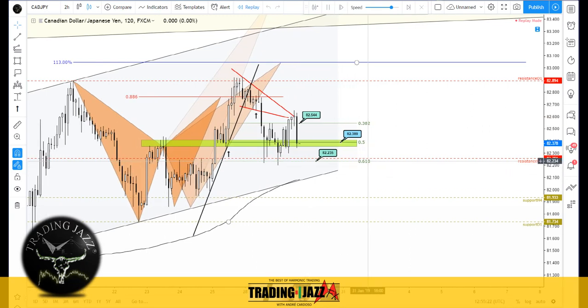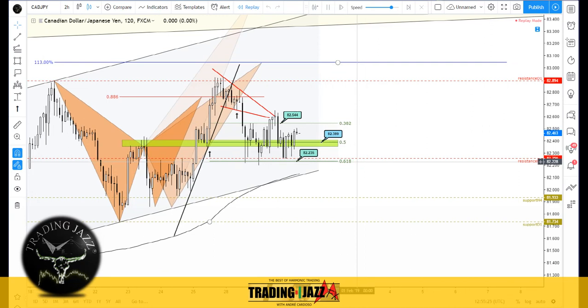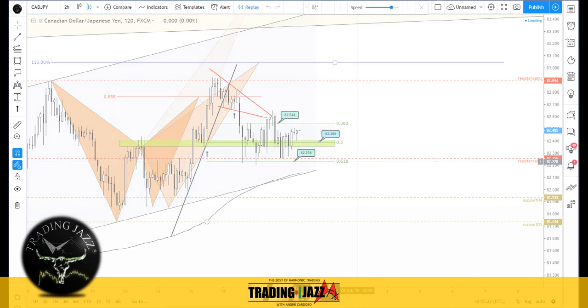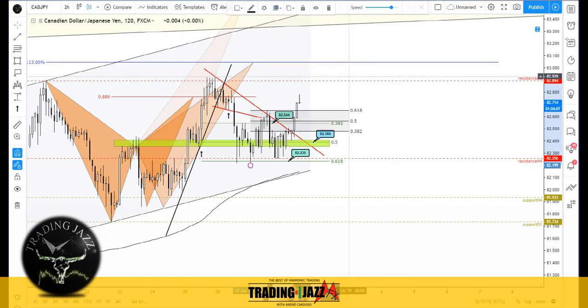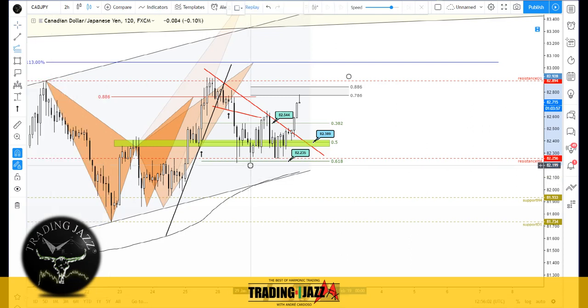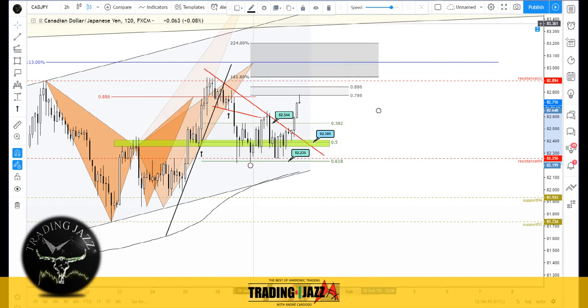Targets achieved, the second target for the pattern at golden ratio here, rejected one, two, three times, rejecting the golden ratio, and the market is now trading above this previous structure. No? At this point, because we are checking this lower time frame, this minor time frame event, let's see if we have something here, the 78% retracement. Do we have, this is the 127 extension, because if that is the 127 extension, now it seems,